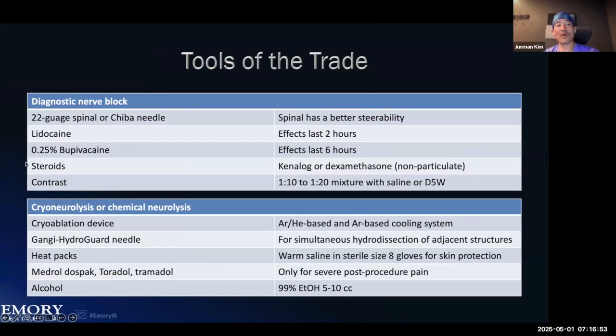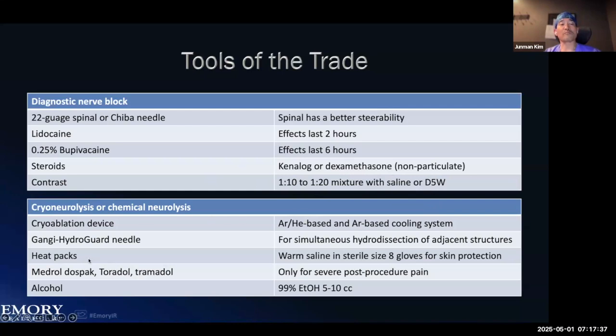Lidocaine, 2%. I also use 0.25% bupivacaine, which has a longer prolonged effect. And steroids: sometimes I use Kenalog, which is triamcinolone, or if I need to go non-particulate when I'm doing blocks above the diaphragm because it has a higher chance of going up, I tend to use dexamethasone. Sometimes I use contrast if I need to see it under CT scan, very dilute, a 10:1 or 20:1 mixture, with saline. That is fine. D5W is reserved for radiofrequency